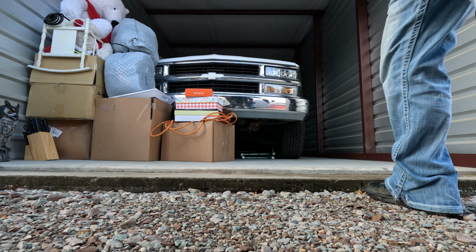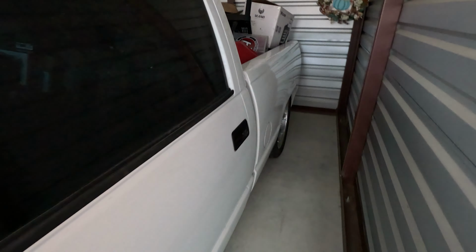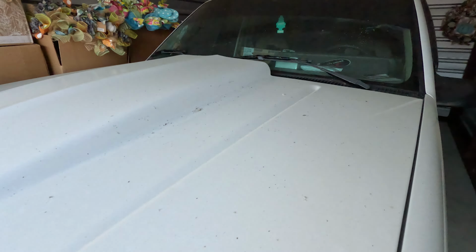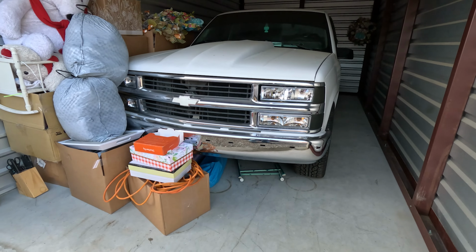There she is, old Oopty. This is my 94 Silverado. Short story on it. My papa actually bought it brand new from a dealership in my hometown. He gave it to my dad, if I had to guess, in like 2009 or so. And then when I turned 16, it was given to me. I drove it daily up until